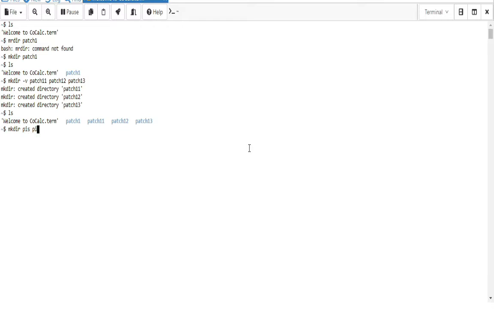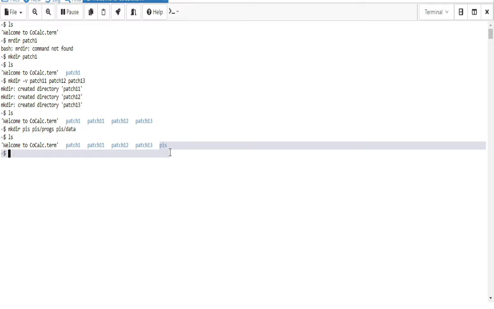In this pis folder I want to create two directories, that is progs, the first one, and in the pis I want to create the data directory. It has been created. Now see, only PIS has been included in your current directory. Why? Because under the PIS directory, the PROGS and the data directories have been created.